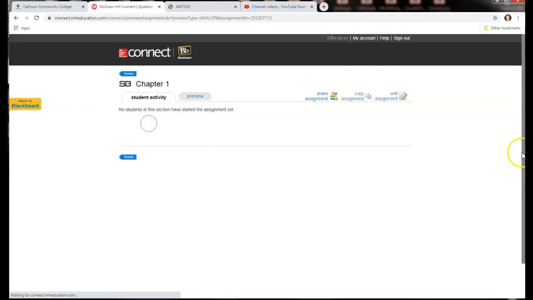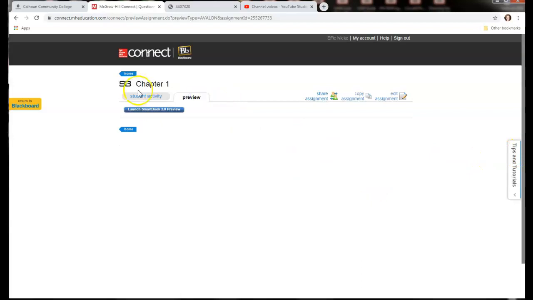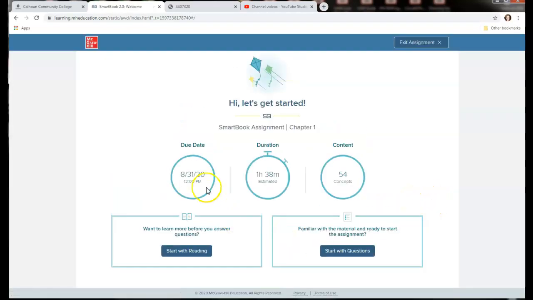So when you open up the chapter 1 assignment, it's going to say, okay, here's today's date. This is about how long it'll take. These are the items that you're going to cover. And it'll ask, do I want to start with questions? I already know this material, I've kind of looked at it, it's not that big of a deal. Or do I want to start reading?